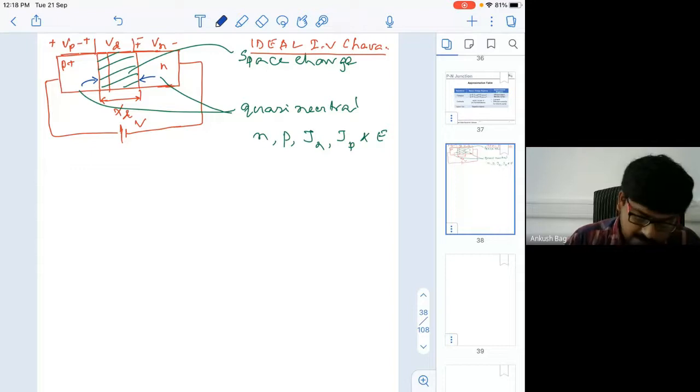So first is the depletion region boundaries are abrupt. Then junction is also abrupt. That means this particular junction, this is the PN junction. This is the depletion region boundary. Here actually, this boundary where your space charge region as well as neutral region is meeting each other. So this is the depletion region edge, and this is the actual PN junction here.